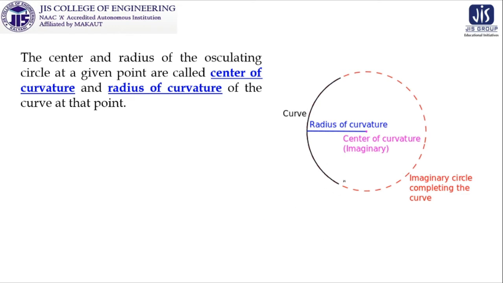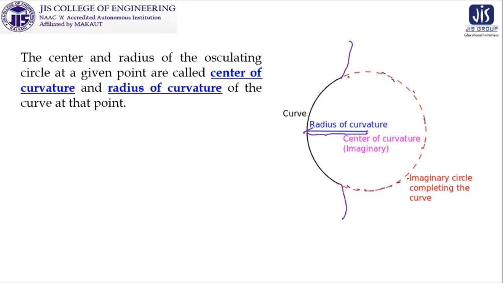So now if we think about the picture, if this is your osculating circle or imaginary circle completing the curve, so suppose this is your curve. The curve from this particular point may be like this, we don't know. But when we are placing the circle over here, at this point the circle is placed and we have to complete the circle in this form. After completing this circle, it is an imaginary circle because it is not really there, it is our osculating circle, it is on the inner normal line, so this is the center. So this length is called the radius of curvature, and this point is called the center of curvature.